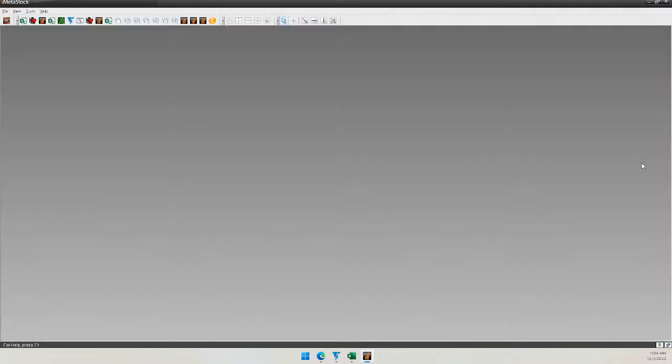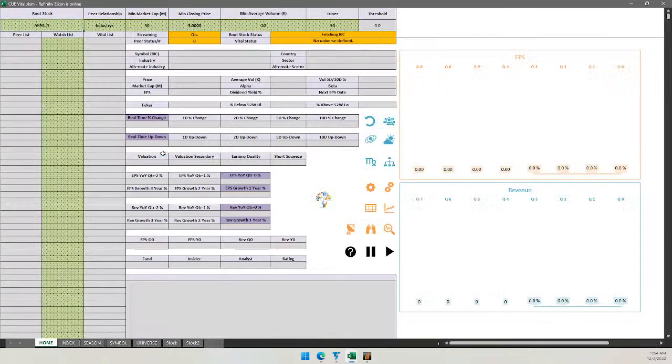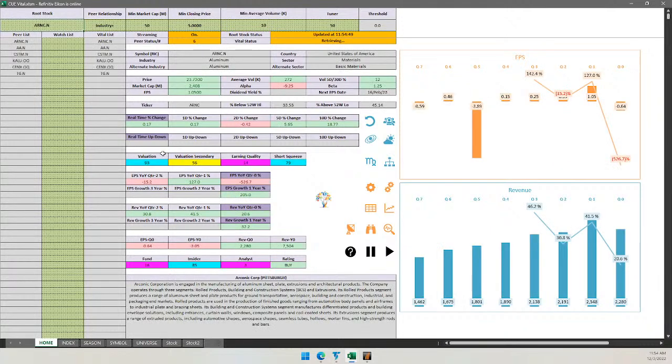So okay, Arconic didn't give a buy setup, but I looked at only S&P 1500 stocks. I found Arconic. Why don't I do a peer analysis? So now I am looking at more stocks in the same industry. Using QVital, I am carrying out a peer analysis. I have 6 stocks now. And remember, using the industry scorecard and sector scorecard, both the sector and industries were very strong for Arconic. Now we see in itself also 100% of the peer stocks of Arconic went up on Friday.